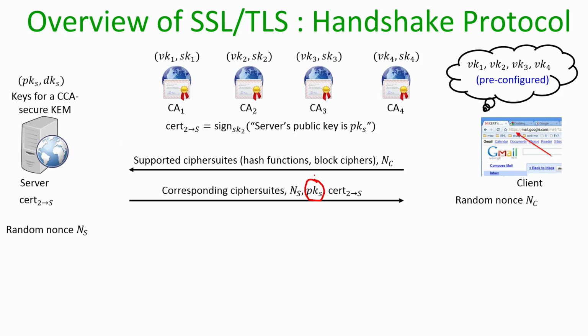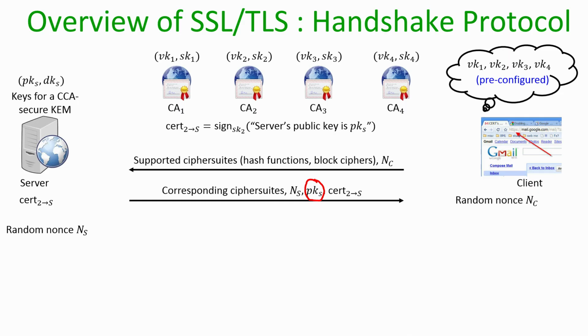And to convince the client that indeed this public key belongs to the so-called server, the server sends a certificate which it might have obtained from one of these certificate authorities. In this example, it is the second certificate authority. So, basically the idea here is that both sender and receiver, both client and server, are trying to agree upon the version of cipher suites that they are going to use for the rest of the communication, and along with that the server is sending its encryption key or the public key